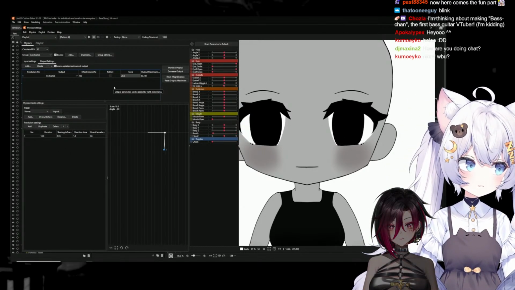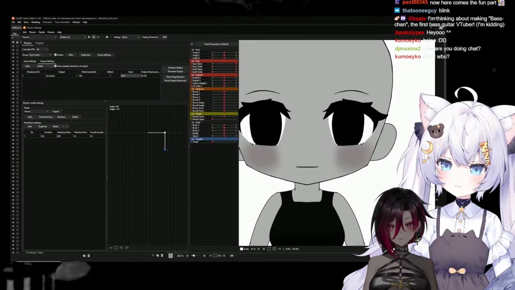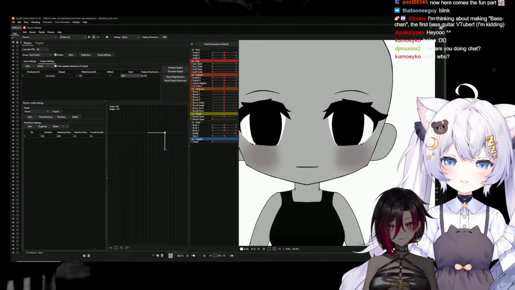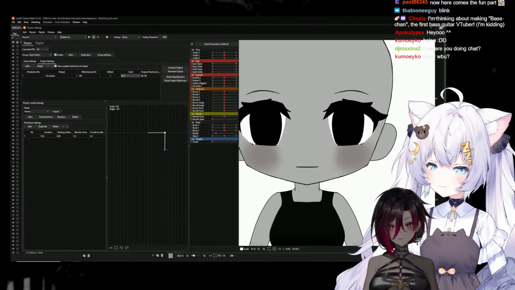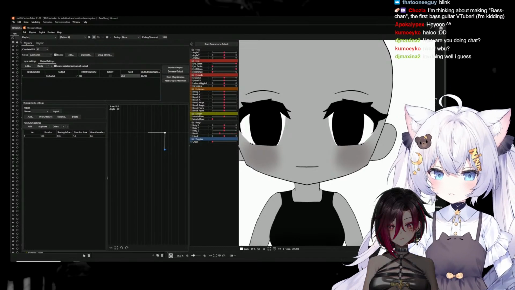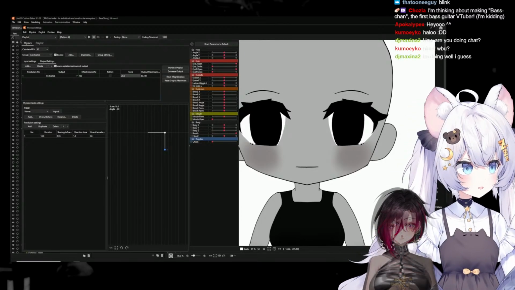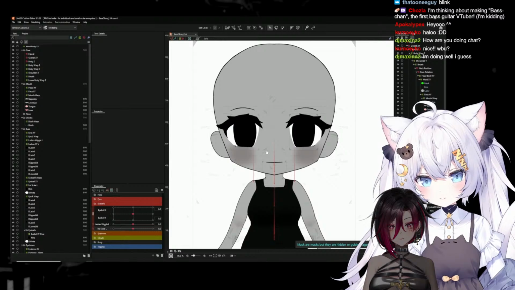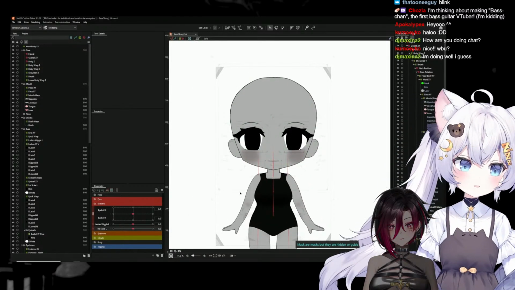Okay, now let's look. See how it's working now? The little squish and expand. Honestly, this looks pretty good as is. I don't think we need to adjust the pendulum at all. I kind of like it. And like I said, it's okay if it exaggerates a little bit, because in VTube Studio, it's not going to be this exaggerated. And again, to each their own. It does depend on your animation style and the style of the art, and how bouncy or smooth you want it to be. So now that we finished that,